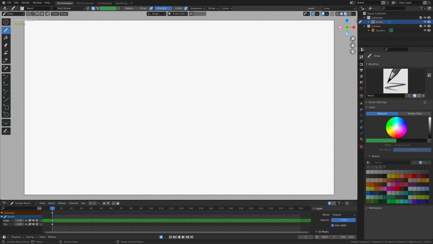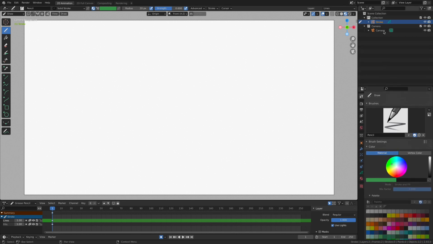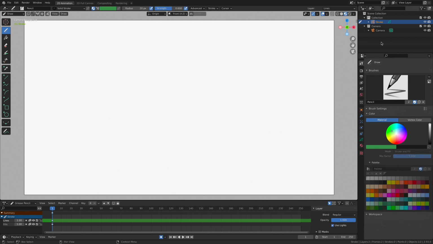Now, up here at the top of the workspace, up at the top of the viewport, we have some options. We'll go into some of these as well, but some of these options are pretty important, like this in here. This is kind of super important. This is going to be the size of our brush. So point being, there's some important things in here that we'll definitely want to take note of here in a minute. But if we continue to cruise around the interface, this area over here, this is our outliner. This is going to show us a list of all of the active objects inside of our three-dimensional scene, or in this case, our two-dimensional scene. More on that in a minute.